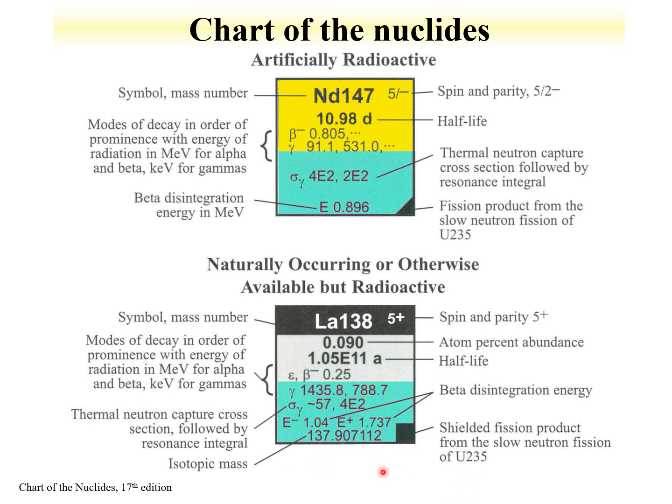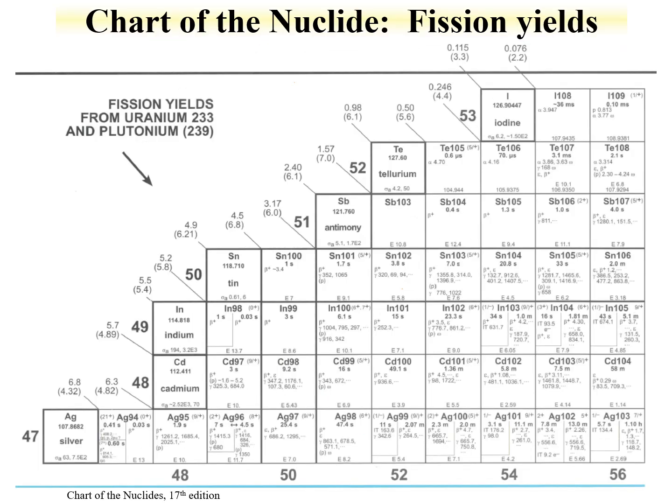And this square, as opposed to the triangle, means that it's a shielded fission product. It's still a fission product, but we'll discuss what shielded means. It means that there's a stable isotope in front of it, so it doesn't get fed along the 138 decay chain. We also stated that the fission yields for a given isobar can be identified in the chart of the